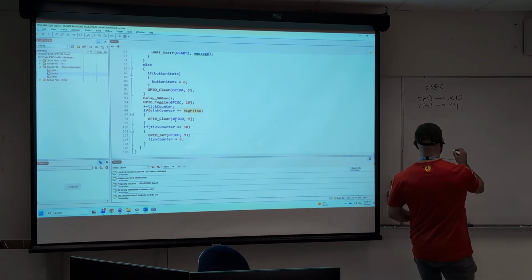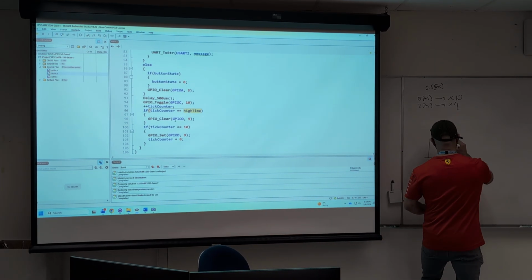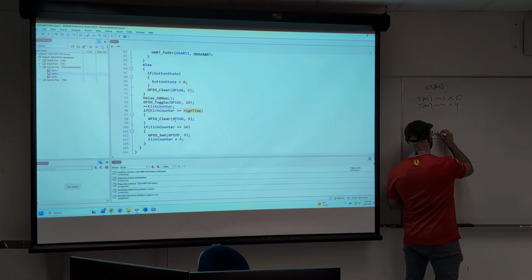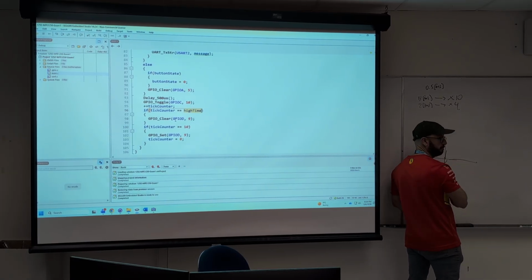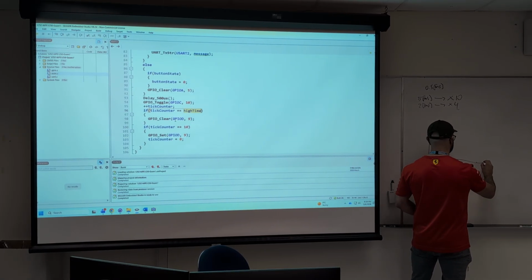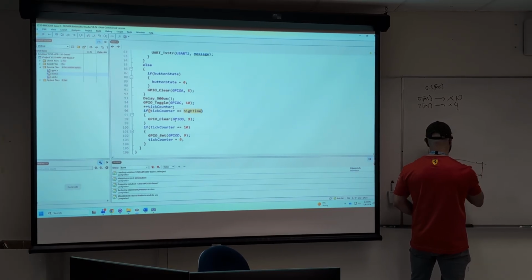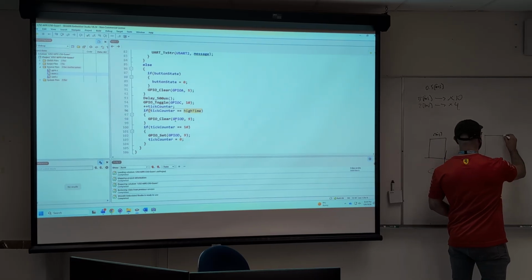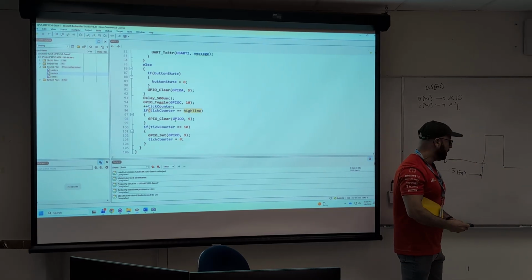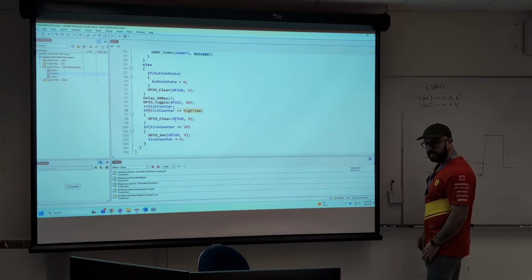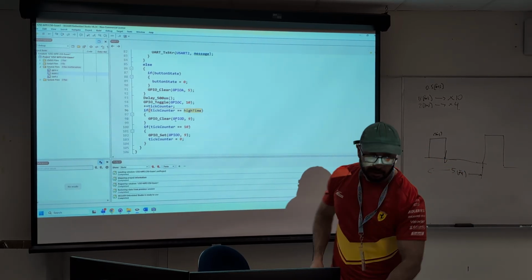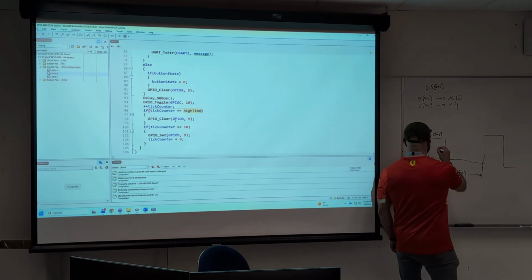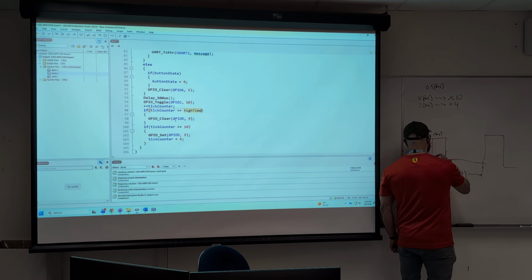So it starts high. After 2 milliseconds, it should clear. And then after 5 milliseconds it should be set again. And then after 2 milliseconds, clear again. But all of this is happening in chunks of 500 microseconds.